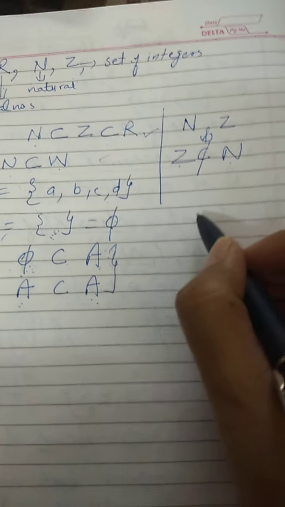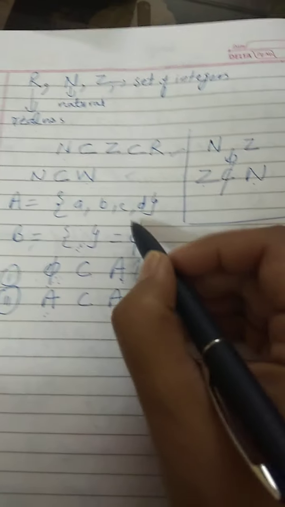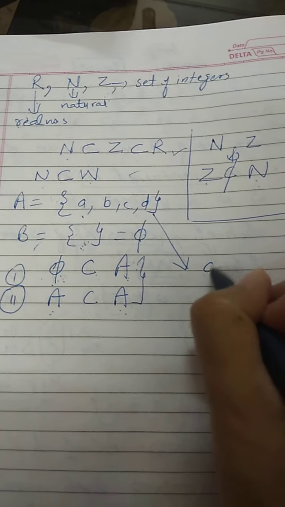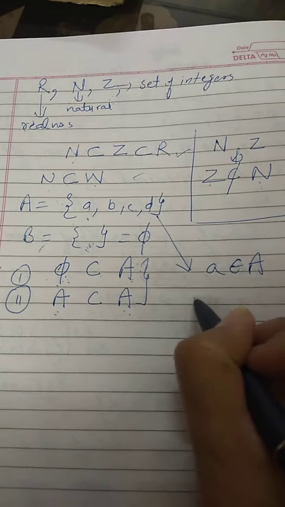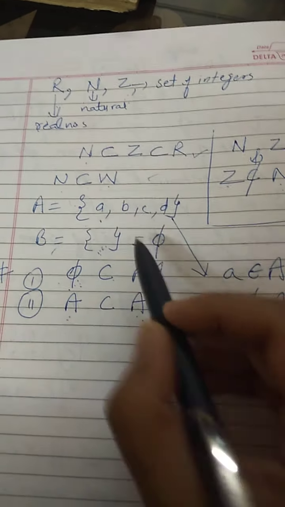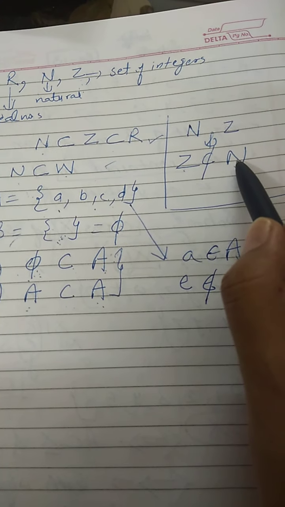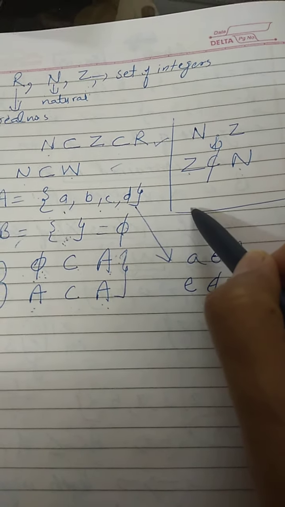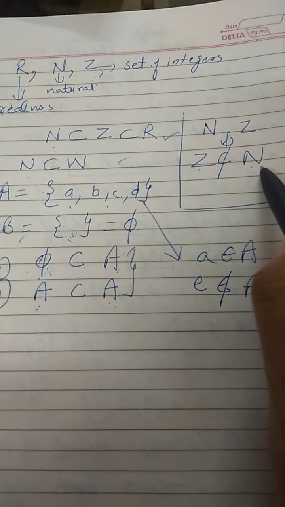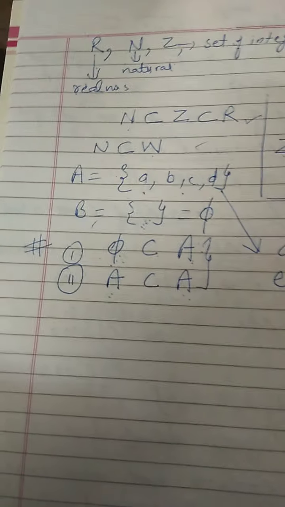It is just like when we are using the relationship between element and set. Let us go to this. If a, b, c, d are present here, we say a belongs to A. And if I talk about e, it does not belong to A. I am talking about this particular set. Similarly, if Z is not a subset of N, then we will simply cross this symbol, which will be read as it is not a subset of N. Clear?